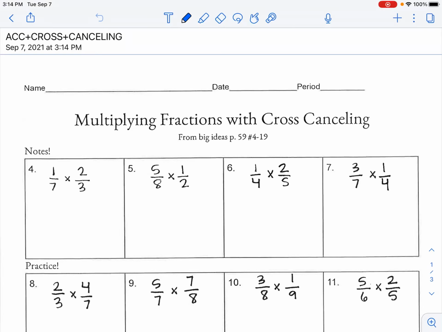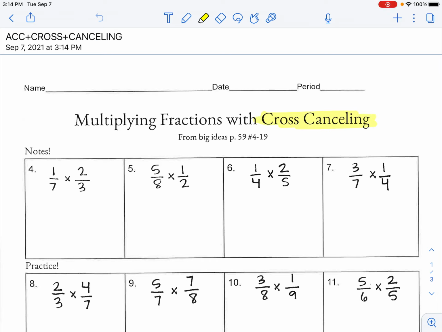Good morning. All right, so we've been working on adding and subtracting rational numbers. Now we're going to start multiplying and dividing rational numbers. But before we get to that, we need to talk about something very important when multiplying fractions, and that is